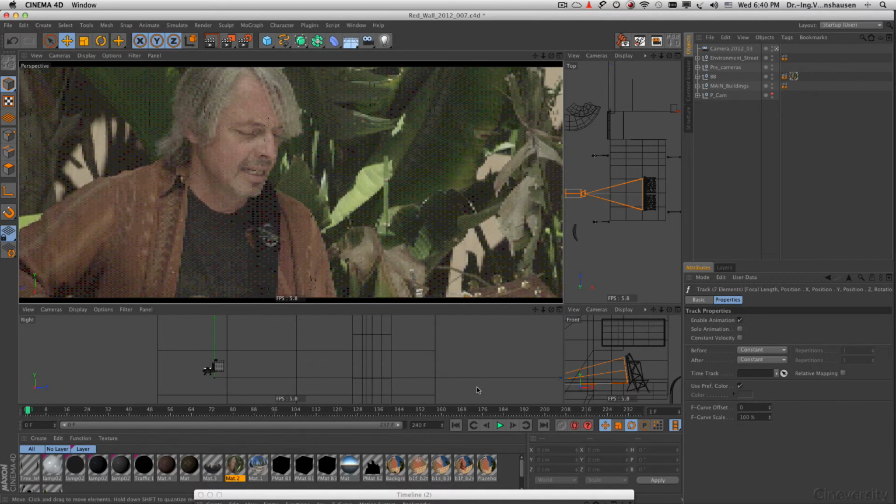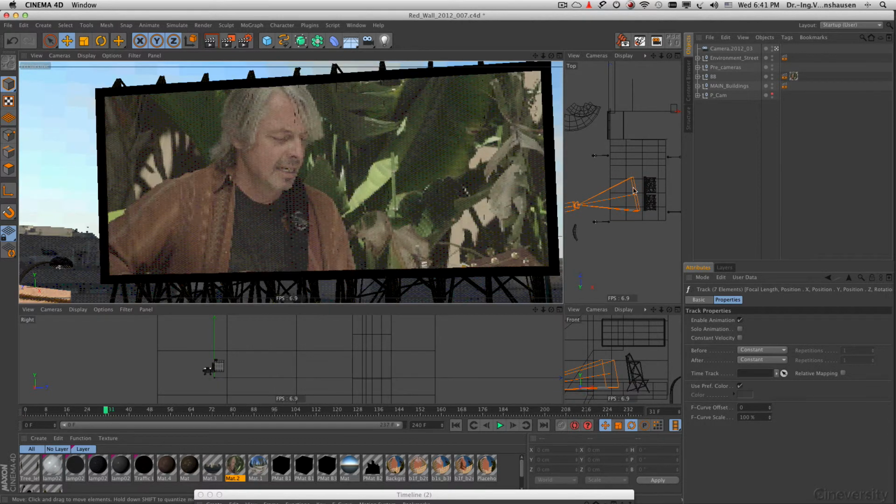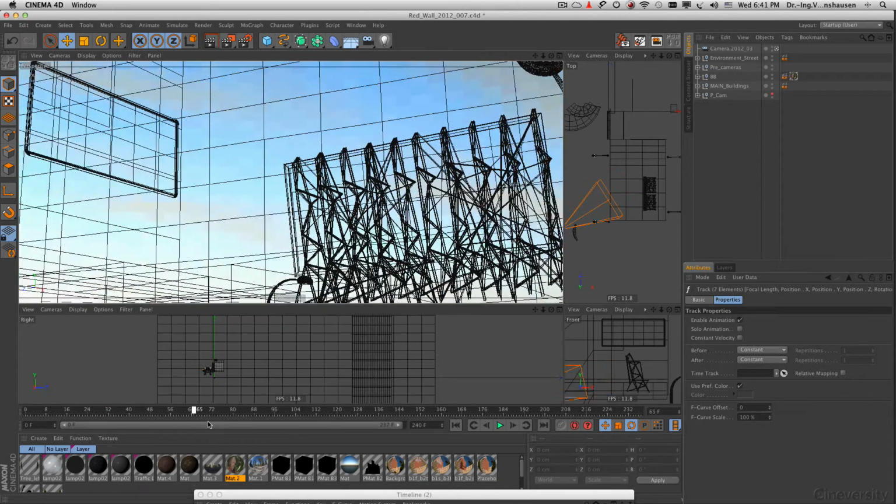This is the whole scene in the way I have set it up. And of course I've closed everything here because there's a little bit more stuff inside of these things, but not that much. I will show you that in detail a little bit later. First of all, we have to go here with the camera move, and you can see the dark orange, reddish orange camera moves out